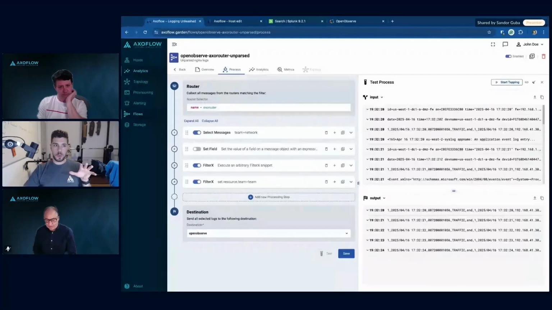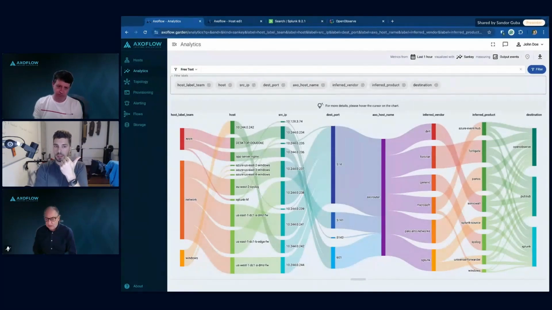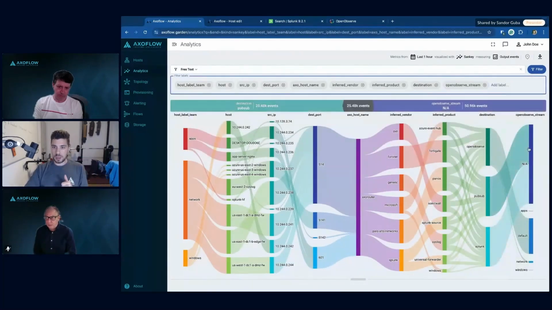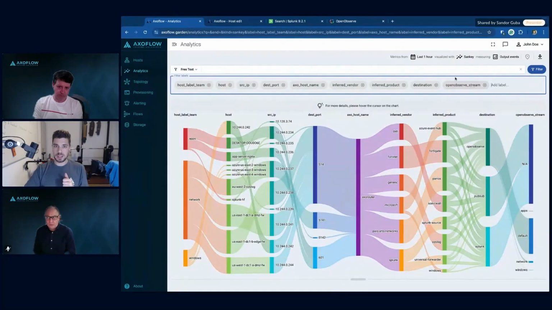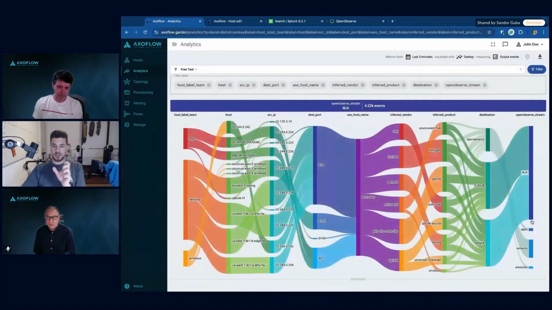And I just want to go back to these analytics to re-emphasize that without too much configuration, we handled a very complex use case. I had to onboard, I have appliances, I applied labels, those are automatically enriched. And based on those labels, I'm doing automatic routing. And because of labels, we can even see where those destination streams went. So if I just change it here to the last 5 minutes,